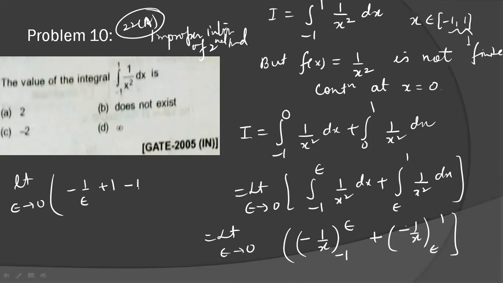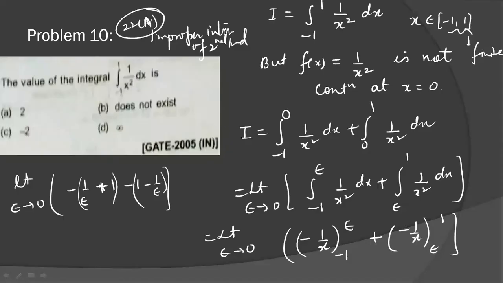So limit epsilon tending to 0, it will be minus 1 upon epsilon minus plus 1. It will be minus 1, 1, minus 1 upon epsilon. We can take the minus sign outside, then it will be plus 1. Now if you take the minus sign here, it will be 1 minus 1 upon epsilon. So if we take 1 upon epsilon minus plus 1,